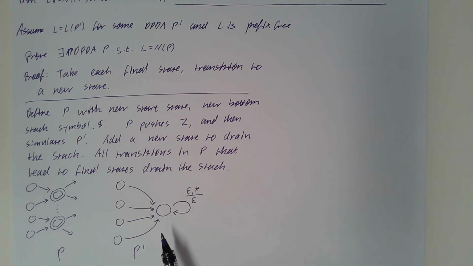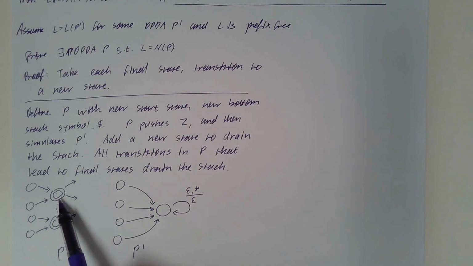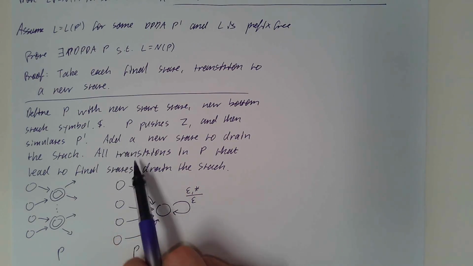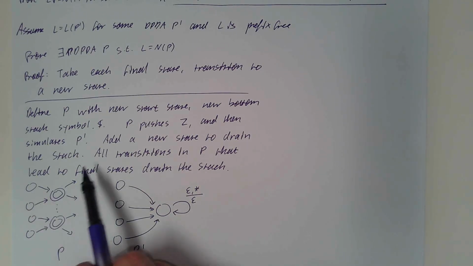The only time this modification could cause an issue is if there's transitions leaving a final state. So if there's transitions leaving a final state, if they never come back to a final state again, then that's okay, right? We can just ignore that these transitions ever existed. But if it were ever the case that you enter a final state, leave it, and then come back again to it later, that would imply there's two strings in the language, x and y, such that both are accepted, and x is a prefix of y.